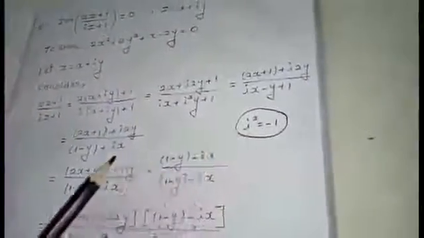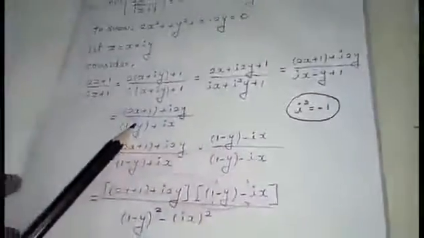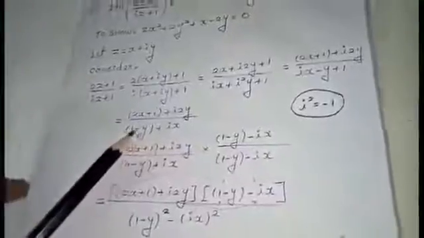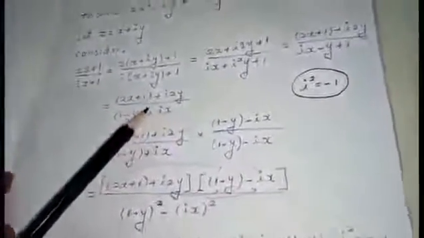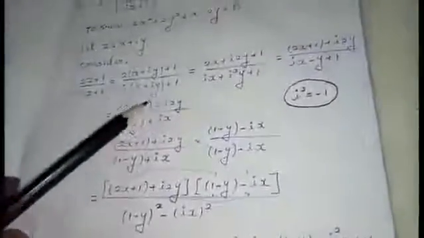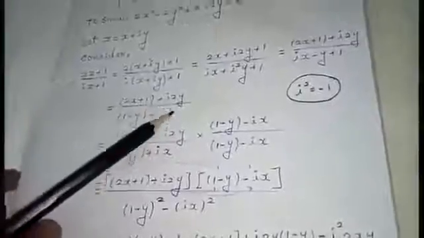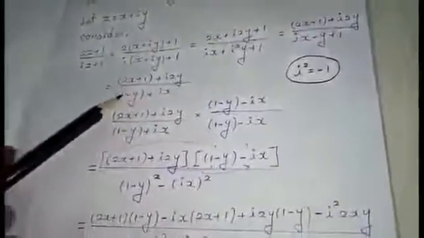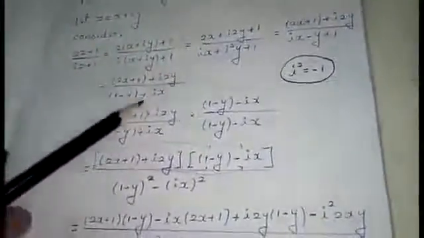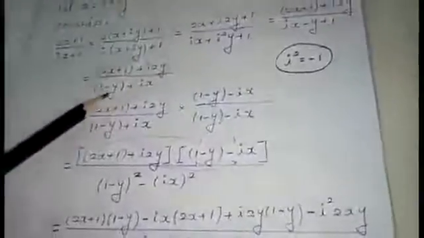After replacing, I am arranging the real part and imaginary part. Please arrange it properly. Take time to do the sum. If you do it carefully, you will understand the concept. You can easily identify wherever you are going to have the alphabet i, that is called the imaginary part, and the term without i is called the real part. After bringing it in this form, just see the denominator. What is the denominator I am having here? 1 minus y plus ix plus i.